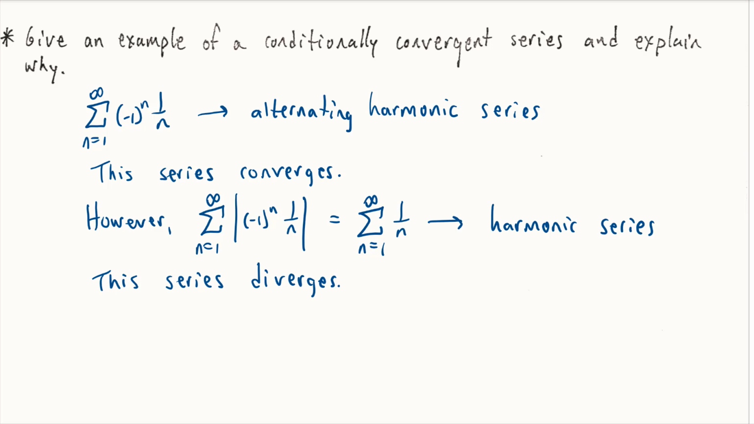So this is a conditionally convergent series. It only converges on the condition that the terms alternate. I'll use a different color just for emphasis here. So (-1)^n times 1 over n, again, that's the alternating harmonic series,